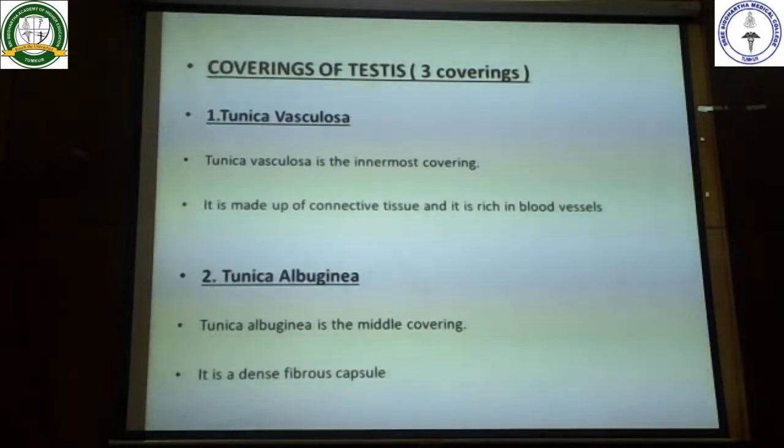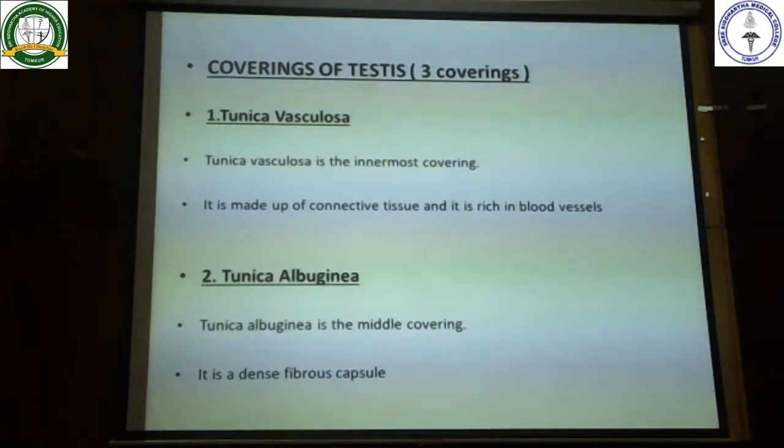Coming to the innermost layer, the first layer, the name is the tunica vasculosa. As the name itself suggests, there is rich blood supply here. This is made up of connective tissue, and there is rich blood supplied by rich blood vessels. Coming to the second layer, the middle covering, it is tunica albuginea. It is a dense fibrous capsule, gives protection. Coming to the third layer,